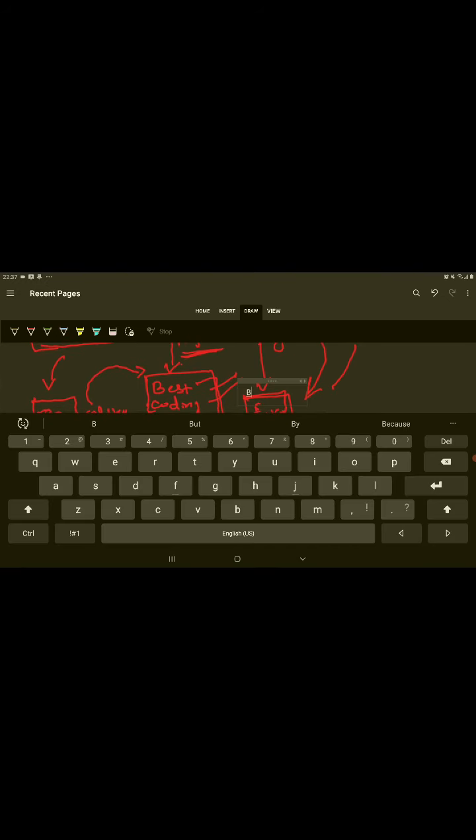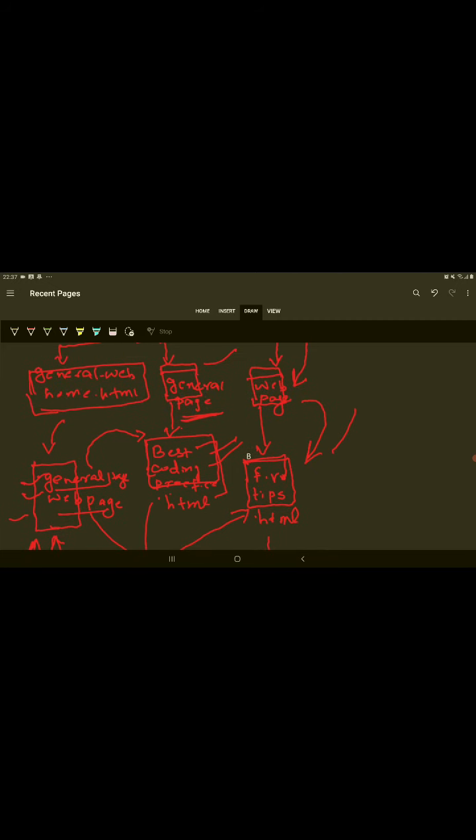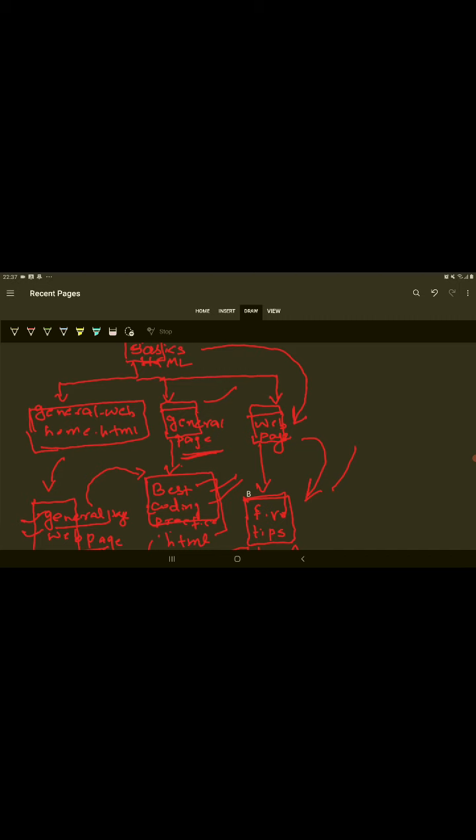So first, best coding practices.html is in the general page folder, so first we have to go to the parent node, meaning basics.html, and inside that we have general web home.html. So for going to the parent node, we use